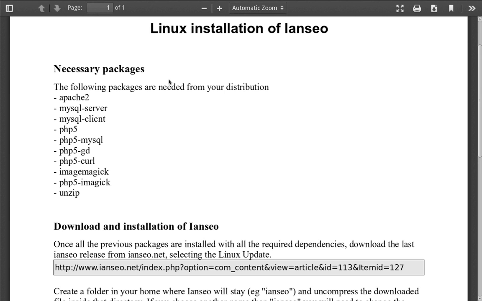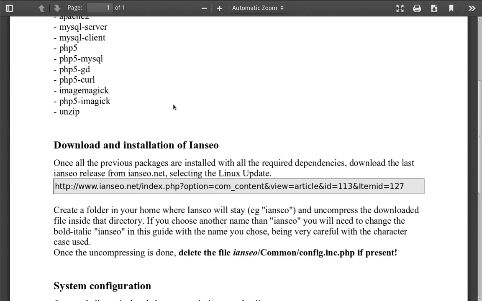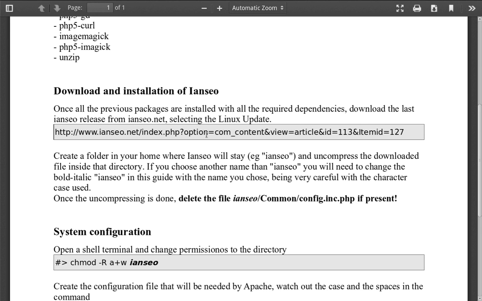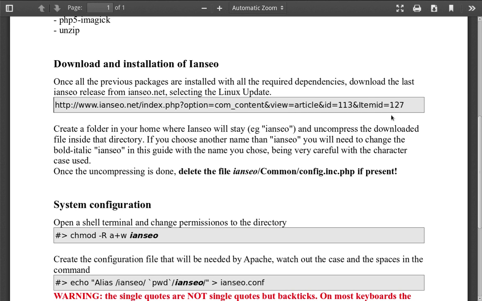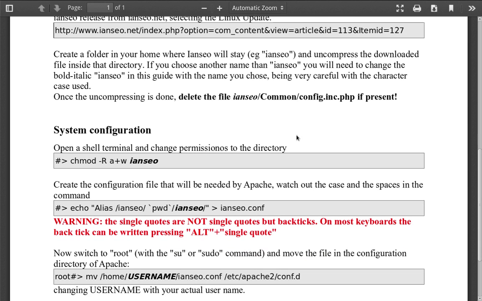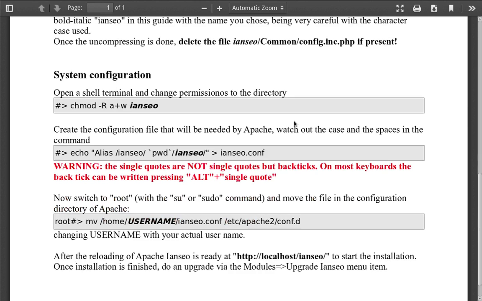What these people have done is basically they've given you a tarball, and now they're going to tell you how to manually install it regardless of the distribution. So the first thing they do here is list all the dependencies. This is stuff that you have to have installed on the computer to make this program work. And we got MySQL in here, which is a pretty heavy-hitting database program. And okay, so we get all the dependencies, and now they show you where to download the tarball, which is this part right here. And now we're going to go down here and they're going to talk about changing mods and we're going to all this other crap.